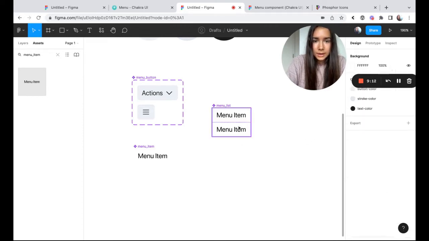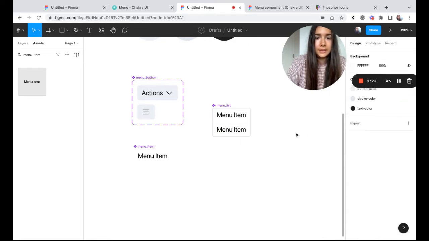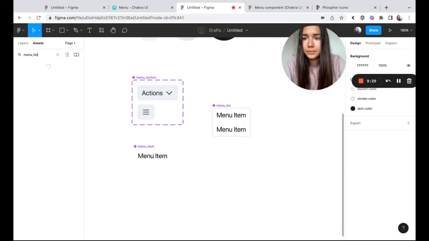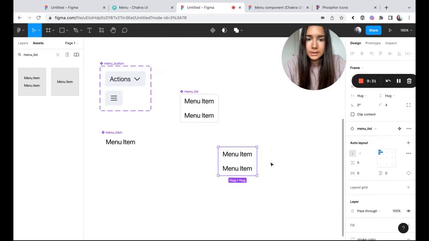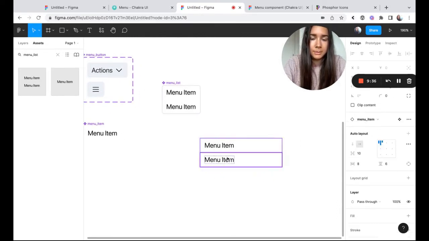And another thing that we're also going to do is that we'll set the menu items to fill the container. This is just so that when you are working with an instance of the component, and if you resize it, you pretty much want the menu items to resize together with the list component itself.